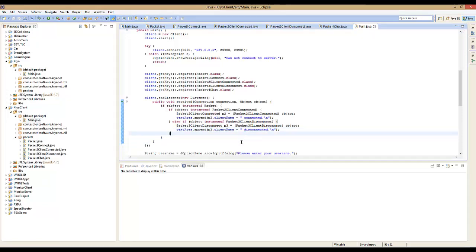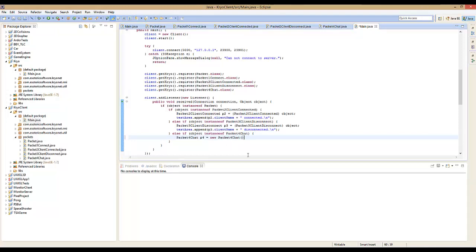Alright, now next is the chat. So we're going to do else if object instance of packet4 chat, packet4 p4 equals new packet4 chat. Ooh, I'm sorry, that's wrong. Packet4 object, so we have to cast it. Then we're going to do text area